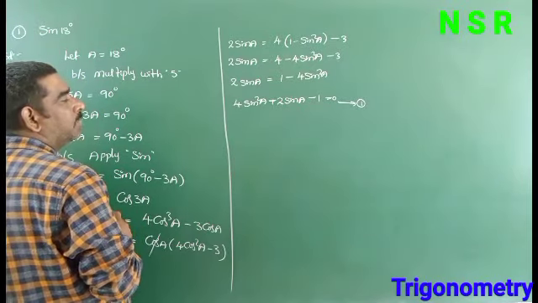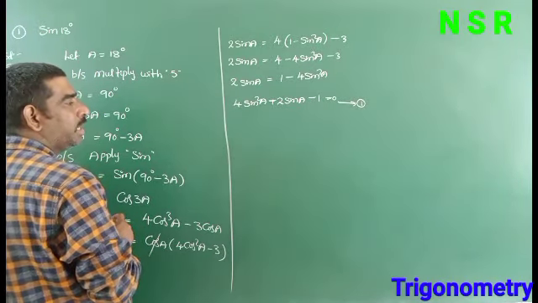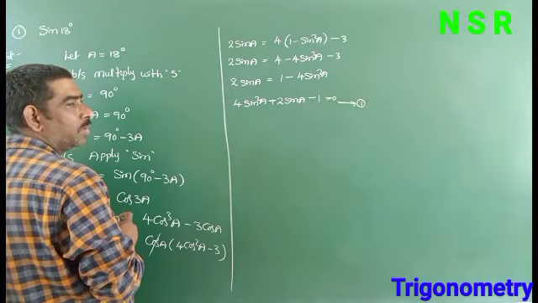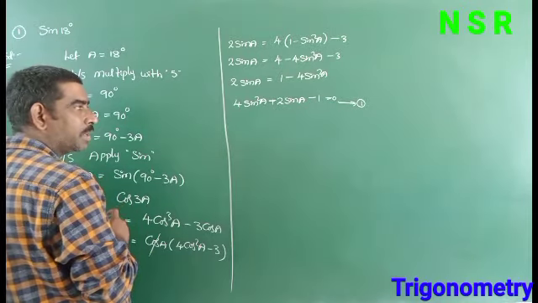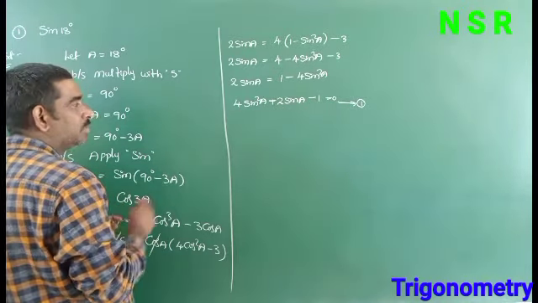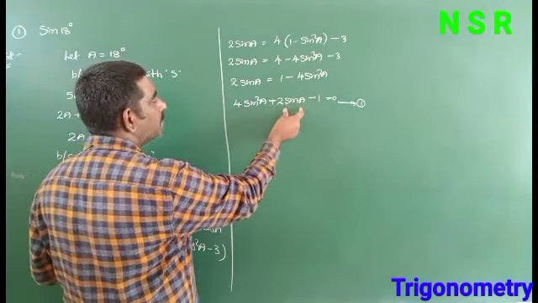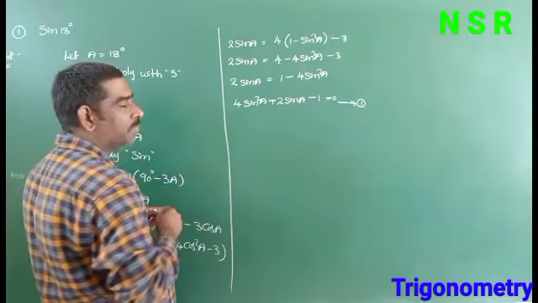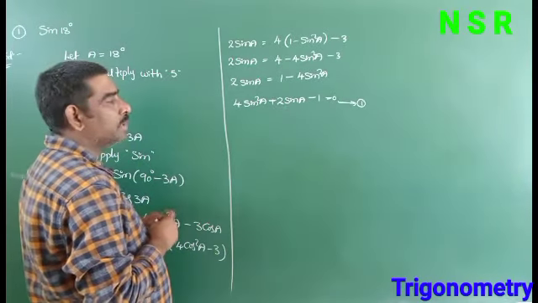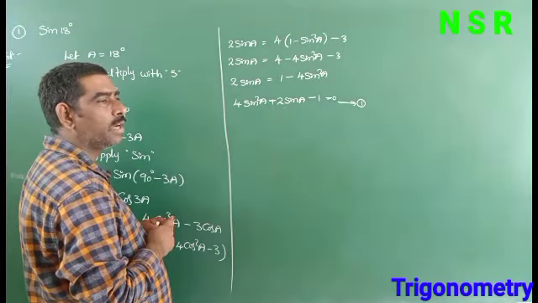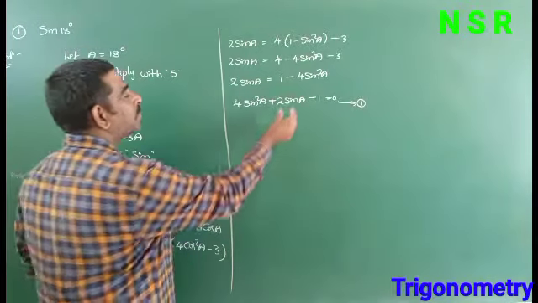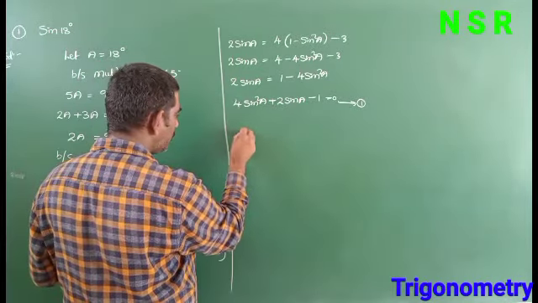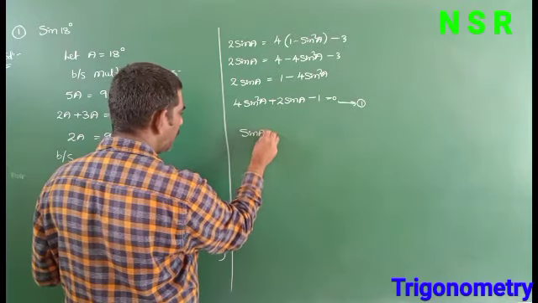So equation 1 is a quadratic equation in terms of sin a. Quadratic equation: ax square plus bx plus c. So this is also in ax square plus bx plus c equal to 0 form. So it is in terms of sin a. So equation 1 represents a quadratic equation in terms of sin a. So here we are finding the sin a value.